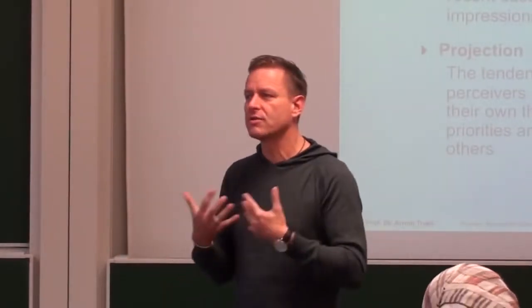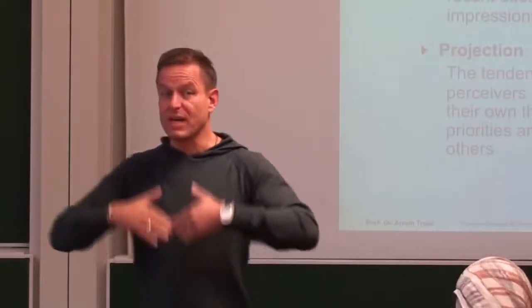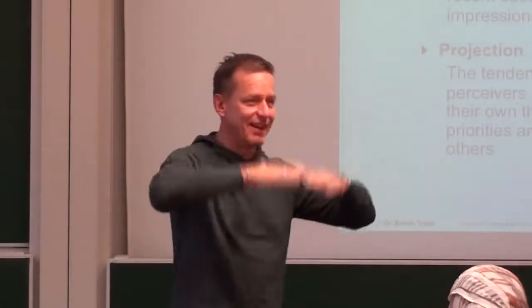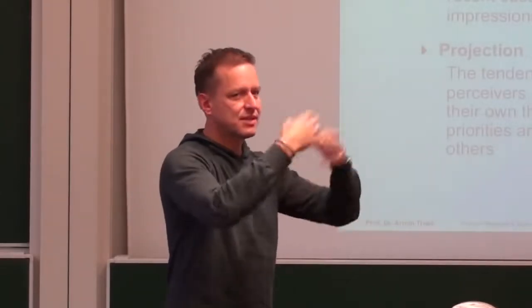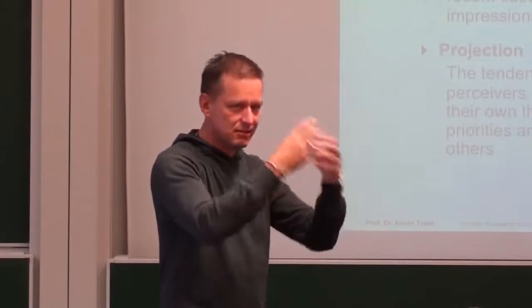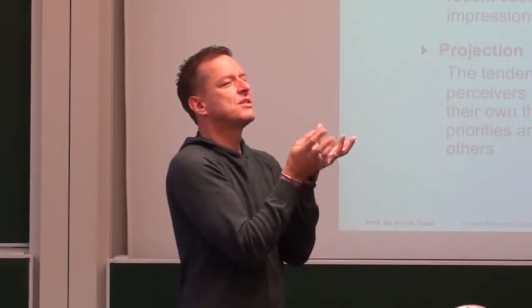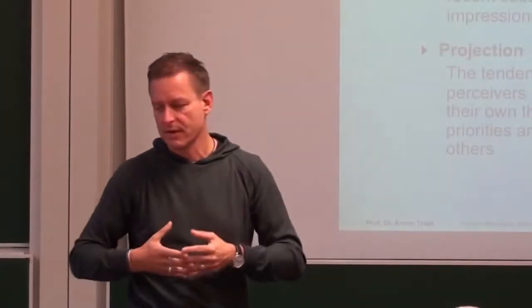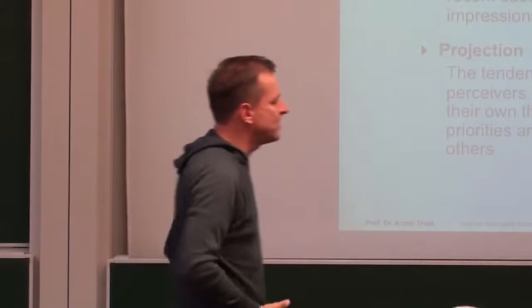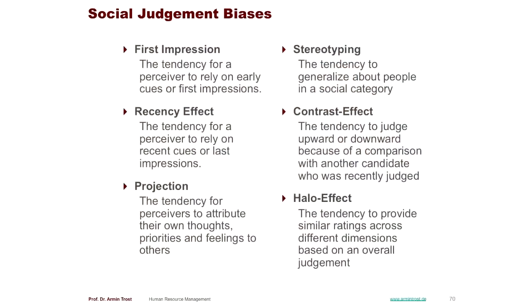That's contrast effect. We adapt our expectation level. If you have a couple of applicants coming in and they are all lousy, then somebody comes who's just okay, we find that this candidate is great compared to the others, right? And then the halo effect. This refers to what I already said. We create an overall picture of a person. So I feel as a recruiter, well, this guy is great. That's a great candidate.